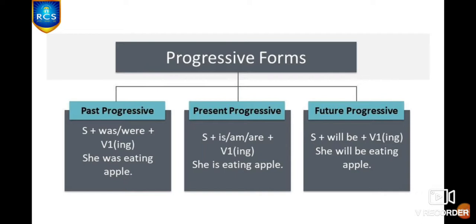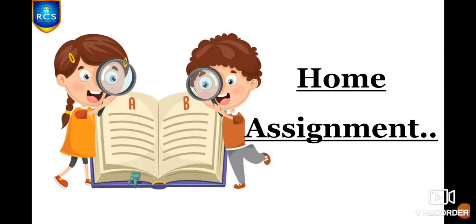For example, I select the verb bake. First one is past continuous, right? I was baking a cake. And next present continuous. I am baking a cake. And next future continuous. I will be baking a cake. Okay, like this you have to make sentences in your note. Children, after completing this, take pictures and send them to me through grade 6 English Google Classroom.